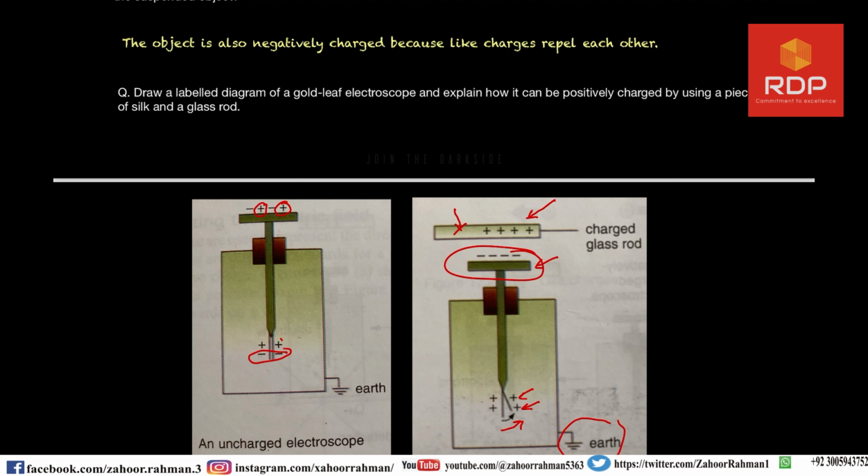So it shows that both the leaves have the same charges, and the glass rod was positively charged, how? Because we rubbed it with the silk cloth and we know in advance that it will be positively charged, and positive charges repel each other, so we can conclude that the positive charges are on the leaves, and it can be